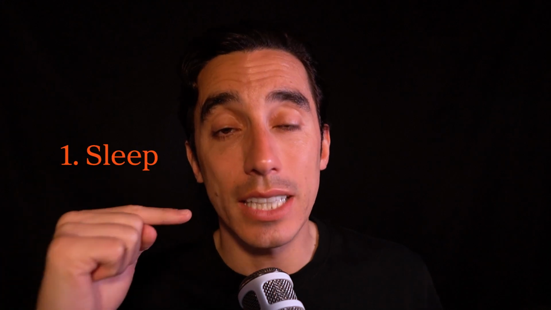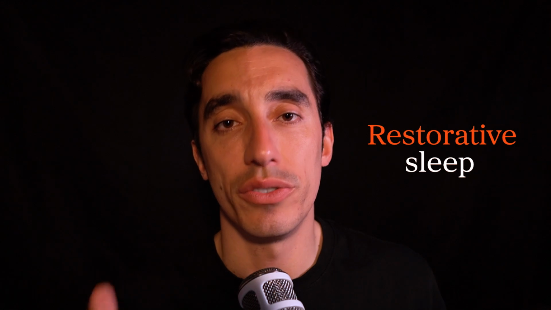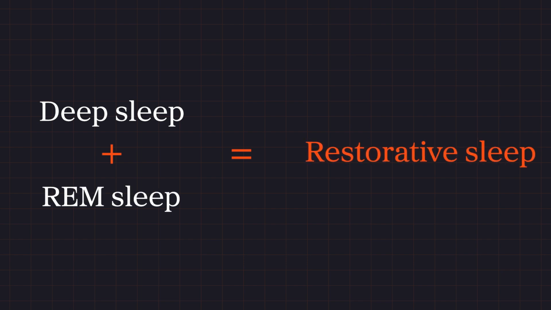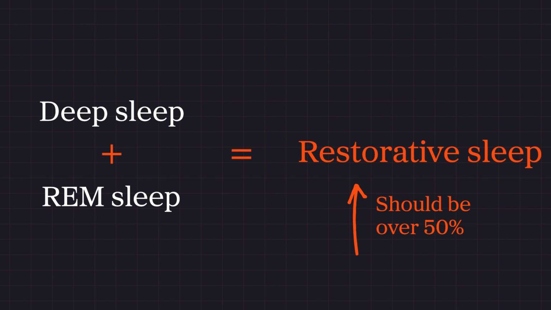And here I like to do 4 specific things. One is nailing your sleep. Obviously, you've heard this 1,000 times, but we want to go deep to understand what we need to do to get our restorative sleep over 50%. Restorative sleep is the combination of deep sleep, which helps the body physically restore and eliminate toxins, and also REM sleep, which helps consolidate memories and eliminate toxins from the brain. So the combination of deep sleep and REM sleep constitutes restorative sleep, and we want that to be over 50%. This is the KPI that we are looking for.